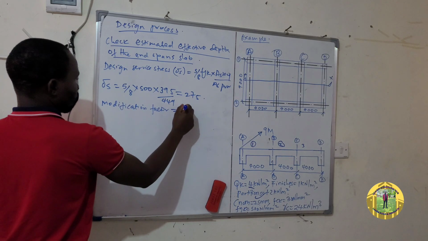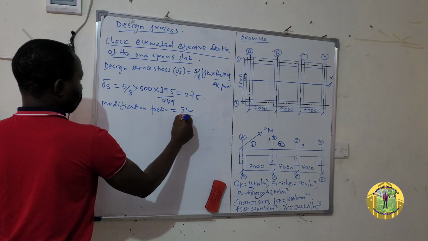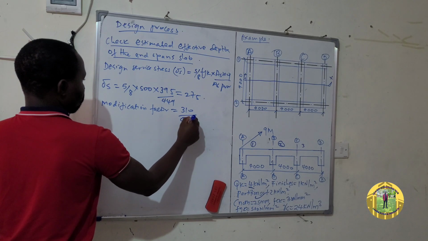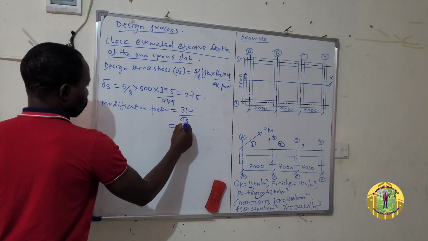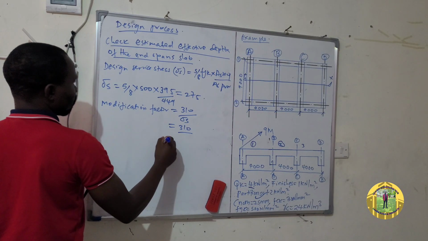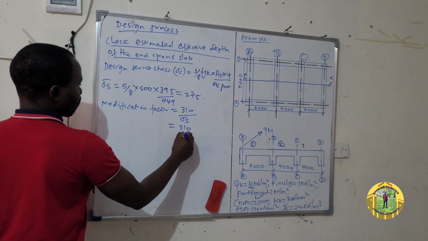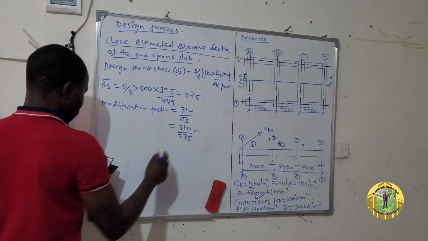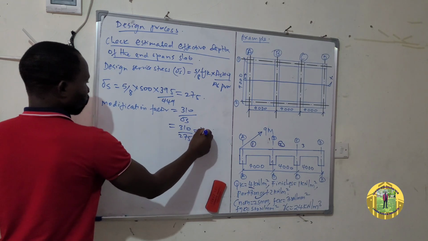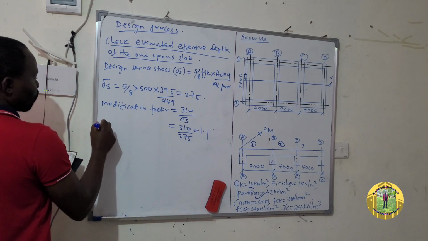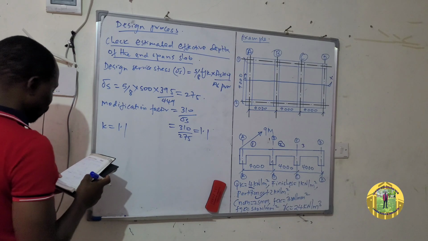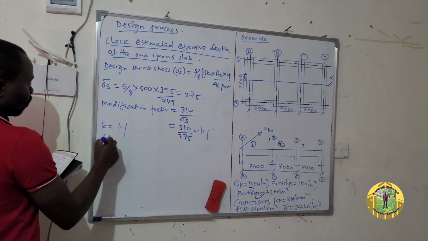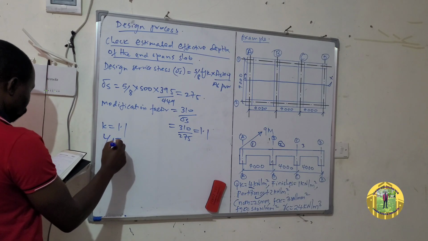And then the modification factor is equal to 310 over design service stress. So this one is equal to 310 all over 275. So this one is equal to 1.1. So our K is equal to 1.1. And then you can now write the formula. L over D is equal to